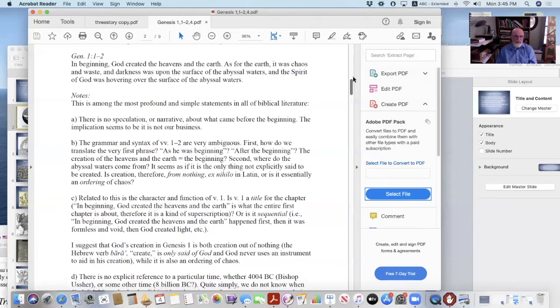We especially see that at the end of this section in verse 2, and also in verse 3, where God creates light out of formlessness and void, and God separates chaos waters in day 2. God causes the dry land to emerge in day 3. And so there is something to be said also for God's creative activity, including ordering the stuff of chaos.